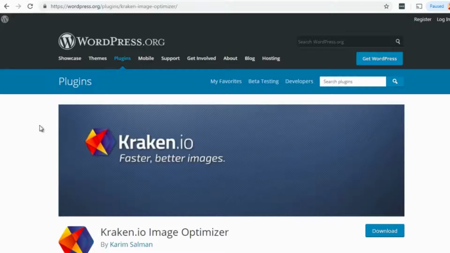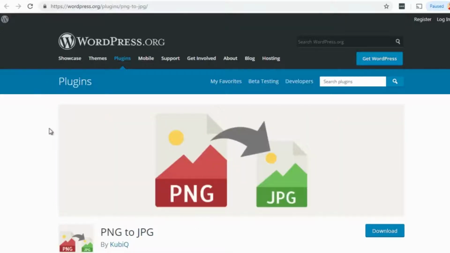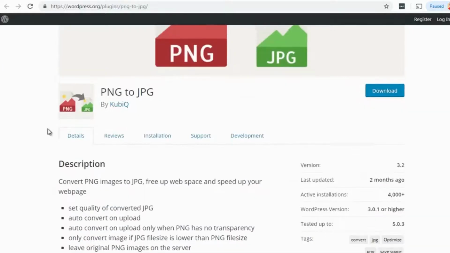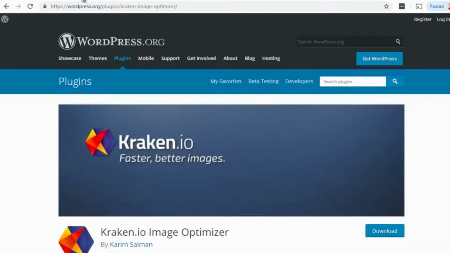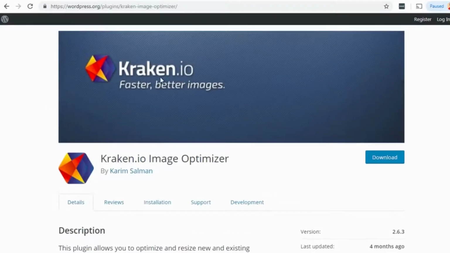There are several different options that you can take. If in this case you are using a WordPress site, you can convert your PNG files to JPEGs. There are different plugins out there that you can use, one of which is PNG to JPEG. And another one that we've tested and that we really like is called Kraken.io. Kraken.io is very efficient, but it does cost a little bit of money to use,